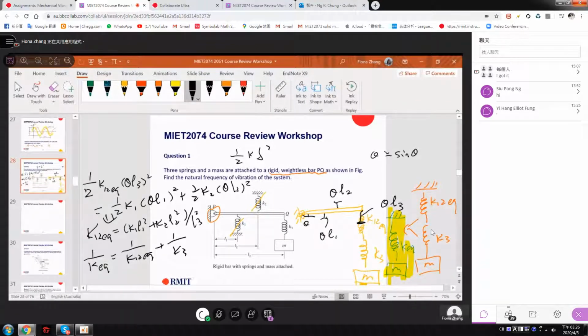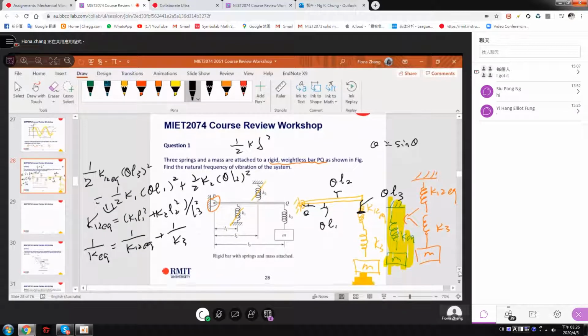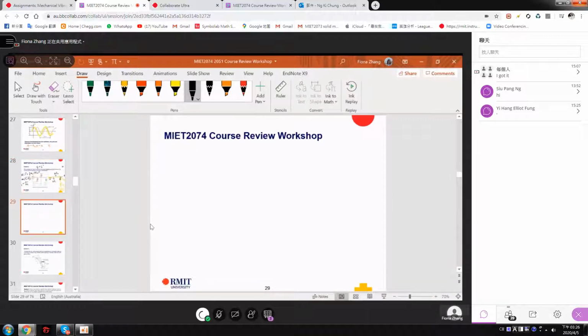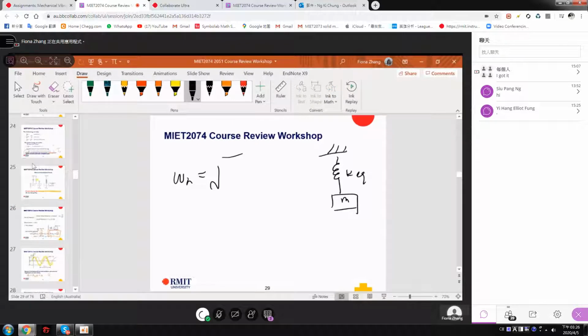Because the extract form is kind of so complex. So here, after we get this, we can get very simply omega A. Because we have already simplified it to this M K equivalent system, right? So we will get omega A equal to root K over M. So this we already derived before, right? We already derived